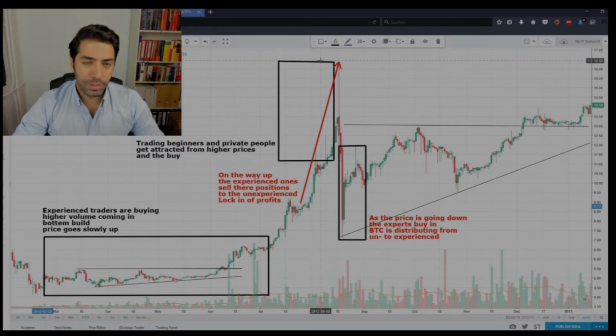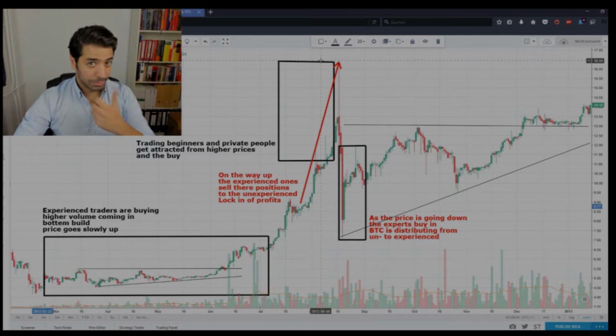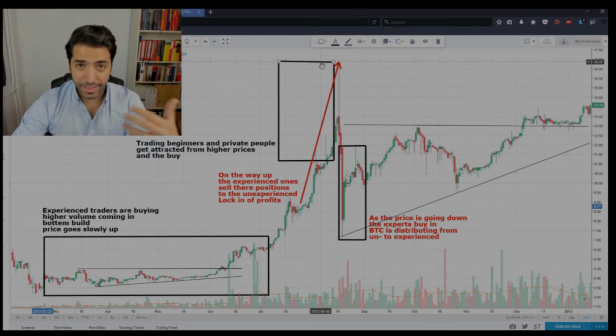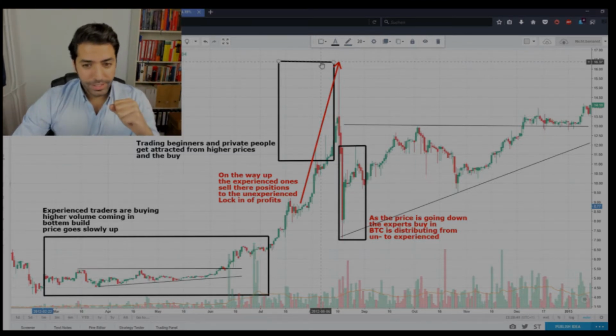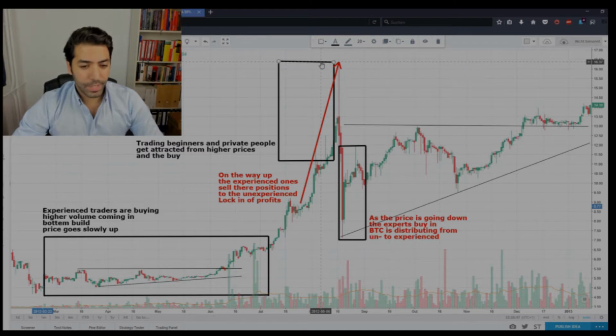We spoke about trends, how trends look, what the definitions of trends are, and today I want to go more into the psychology behind it. That means how trends evolve, why trends behave like they behave, and what the market participants behind that are doing. So I drew something here for you.